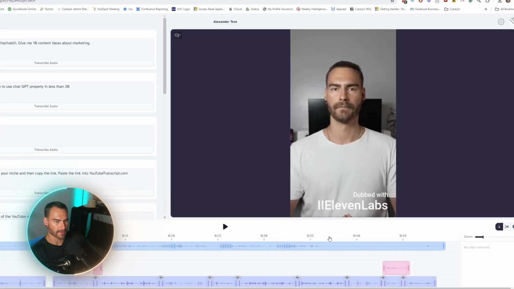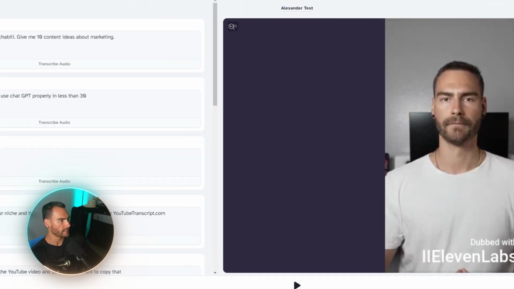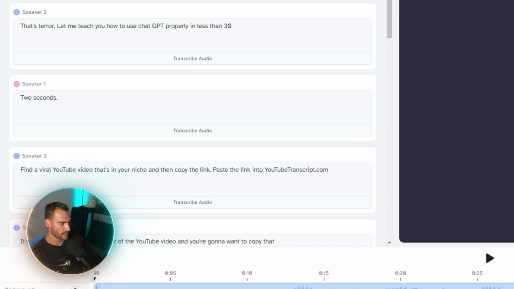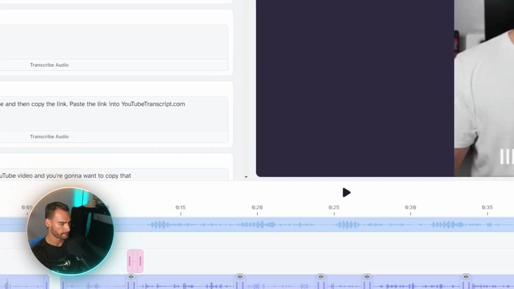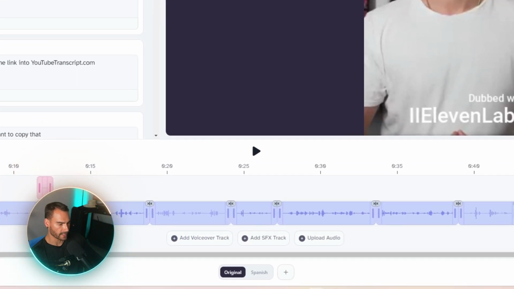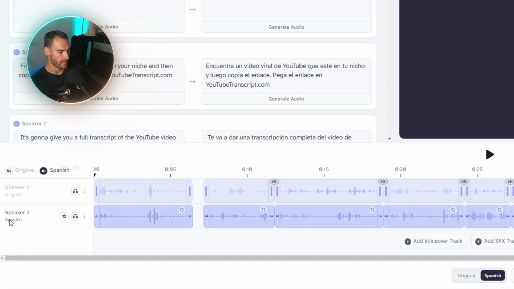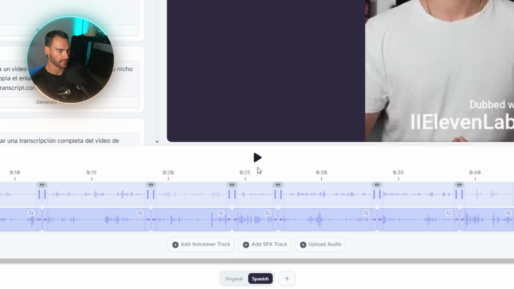So here's the dubbing studio. It's got the video on the top right. Over here on the left-hand side, it's got the text. You can see the original speaker 1, speaker 2. And if I click Spanish, this will add a Spanish layer. And then when I go ahead and press play,